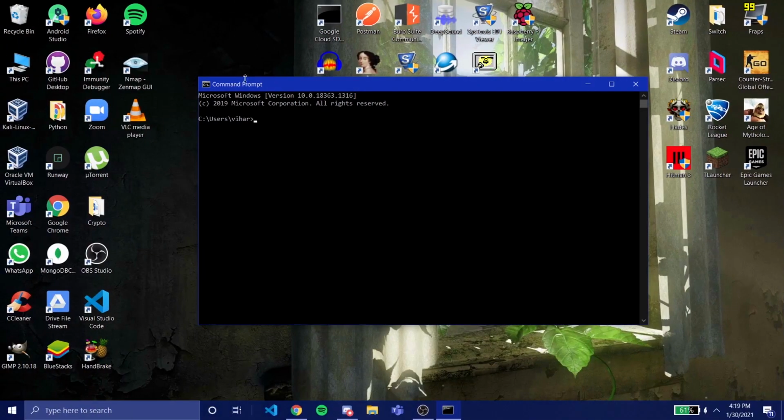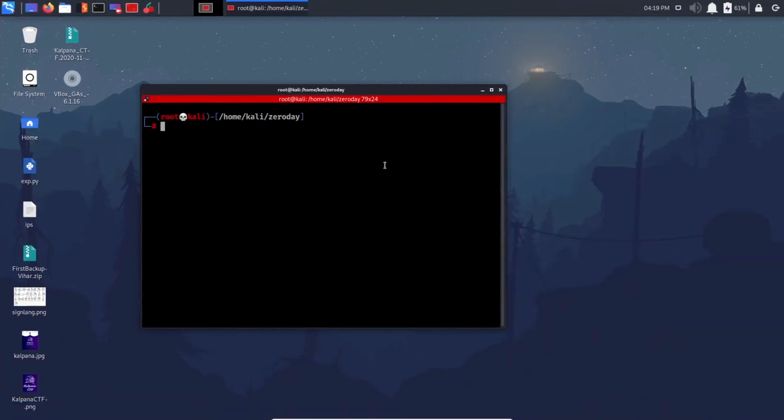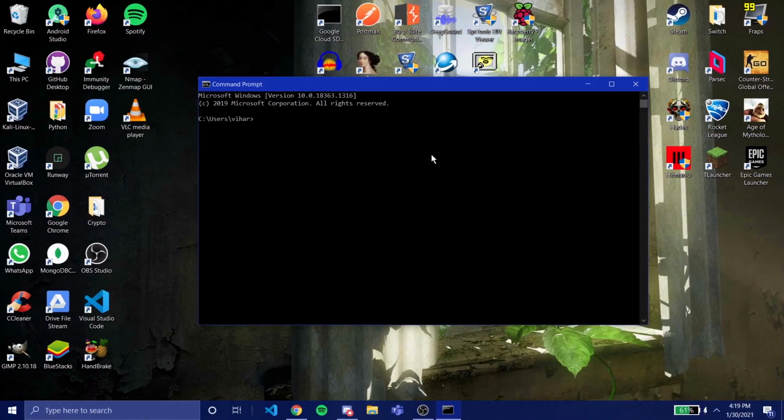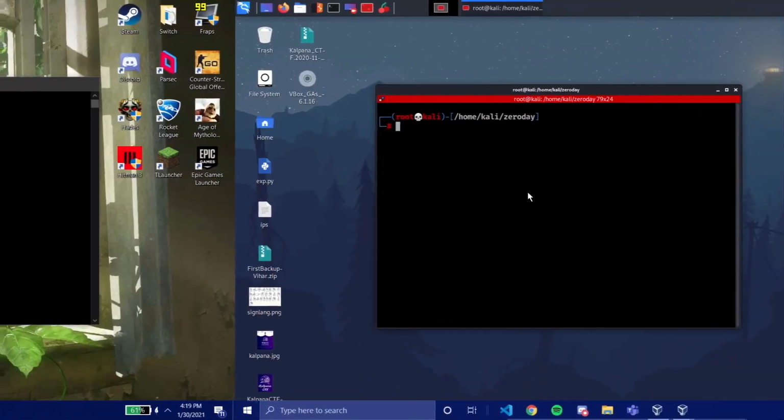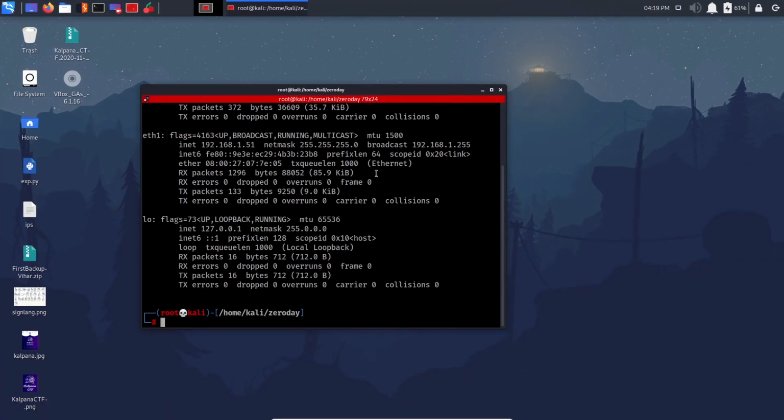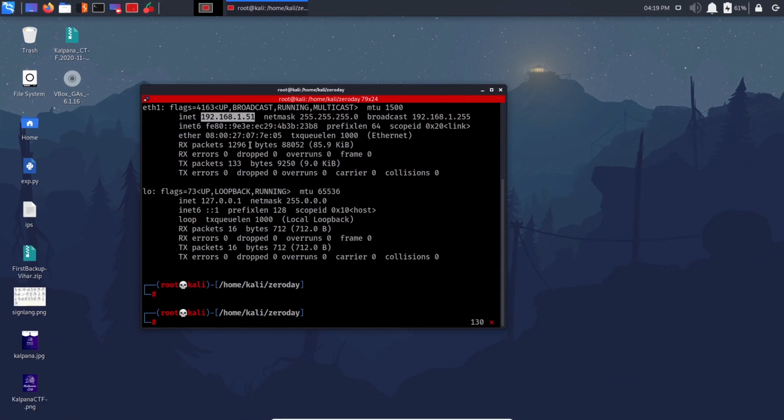For example, imagine we got a shell on a Windows system. Similarly to how we use Netcat in Linux, there's a tool called NCAT. It comes bundled with Nmap, which is one more tool we'll be learning in the intermediate. I think it is the first session of intermediate 2. They covered Nmap. So NCAT is the replacement for NC in Windows. So let's do that. First, let me check my IP. 192.168.151. So I'll just copy that.